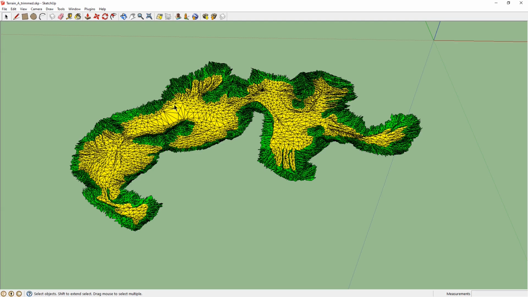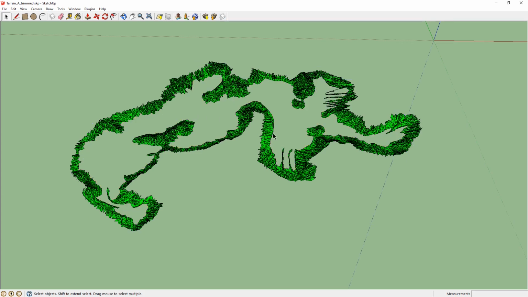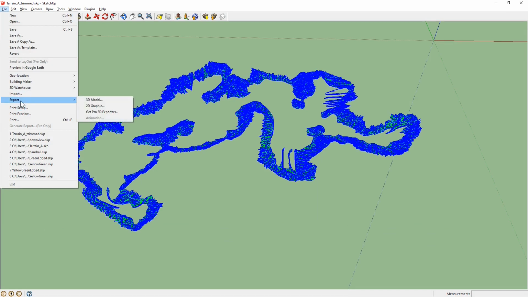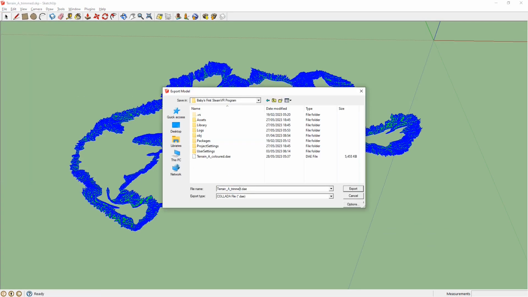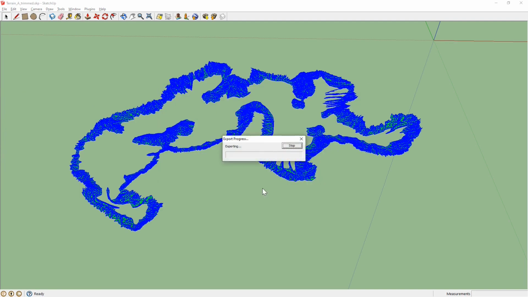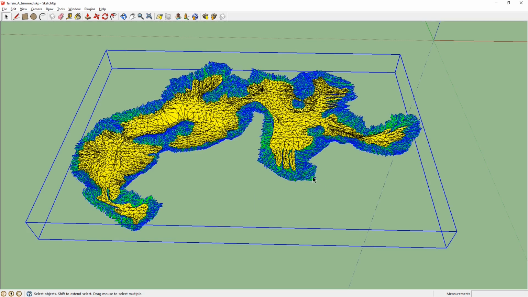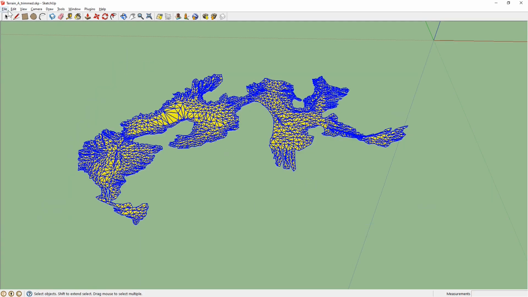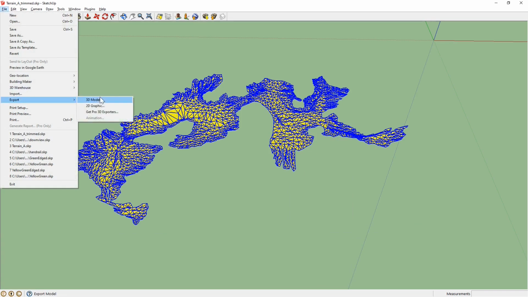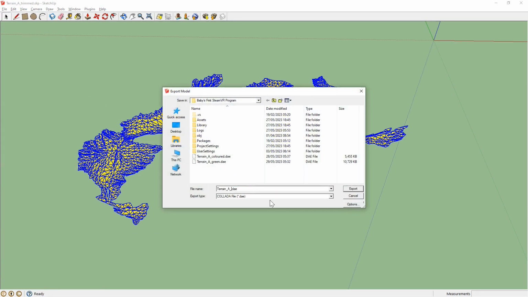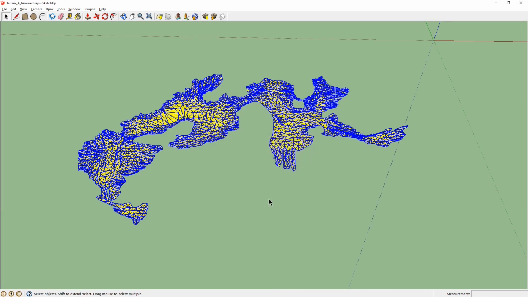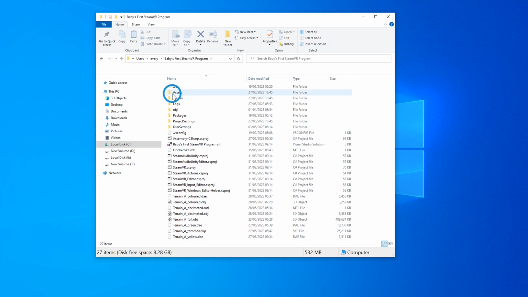Now I need to export the separate green and yellow meshes. Delete the yellow, explode the green. File, Export, 3D Model, Terrain A Green. Ctrl-Z a couple of times, then delete the green, explode the yellow. File, Export, 3D Model, Terrain A Yellow. I have avoided saving files under the Assets folder so as to prevent Unity attempting to import